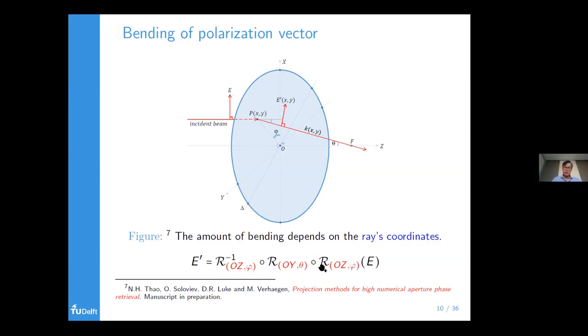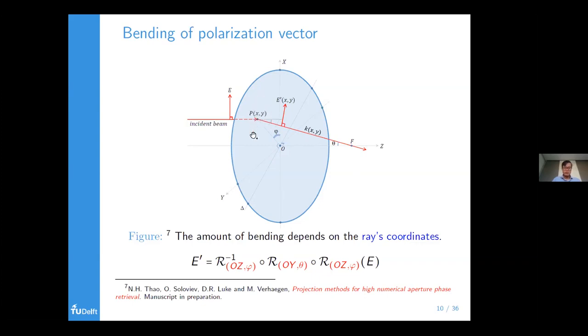Here, this notation is the rotation operator around the OZ axis by an angle phi. Similarly, this is the rotation around the OY axis with angle theta. The two angles, phi and theta, are uniquely determined by the incident point in the aperture. So it's clear that the bending of the polarization vectors depends on the incident point